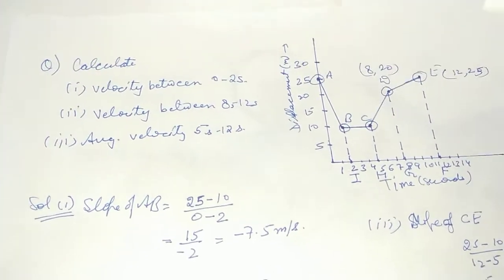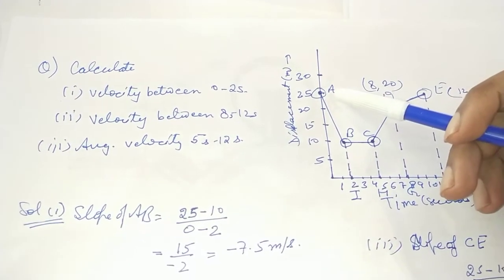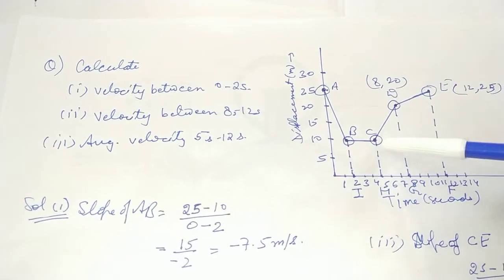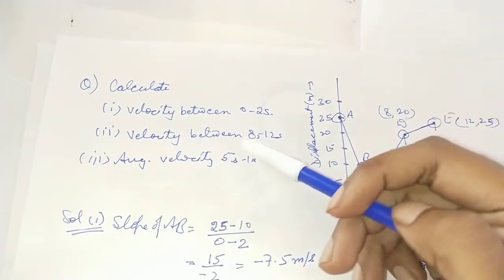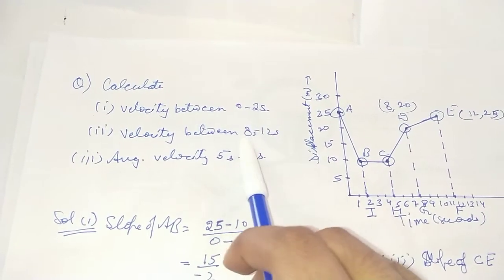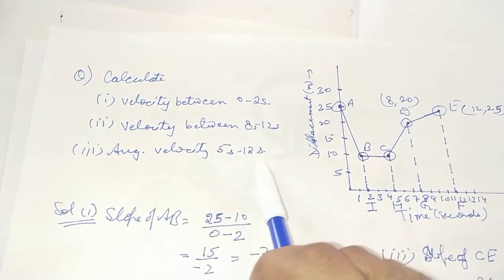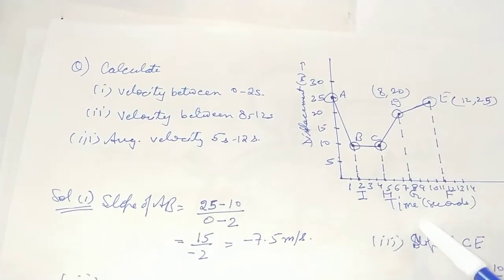To begin, we have a graph with a question given to us that the object is initially at point A, then reaches point B, then C, D, E. Now, these are the various things that we have to calculate. We have to calculate the velocity between the first 2 seconds, then between 8 and 12 seconds, and between 5 and 12 seconds. So, what we know is that to calculate the velocity for a displacement time graph, we will be